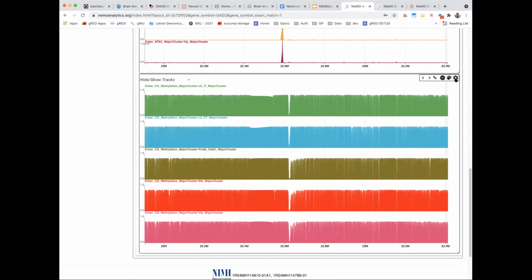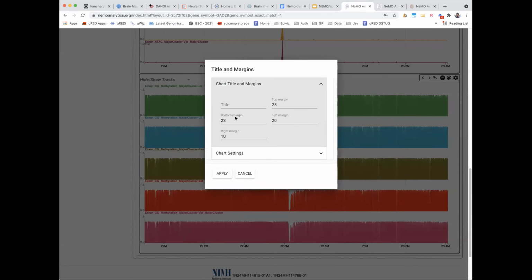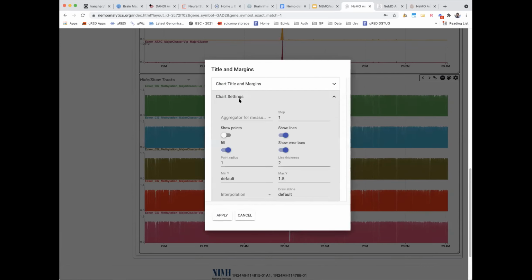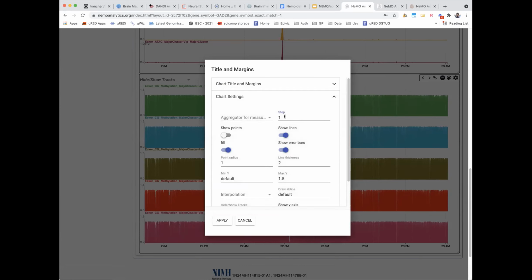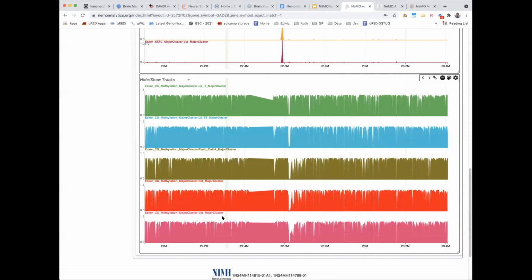I'll also quickly walk through some of these settings. Most visualizations on Epibis have settings that let you control what titles you want to put, what margins you have, but also mostly control the rendering. So if the data is too dense in this region, or there's a lot of data points in this region, you can use the step parameter to scale down the amount of data that is being rendered. It shows a step of 10, so that reduces the amount of data. It uses that as a smoothing function and then uses a lesser number of data points to render.